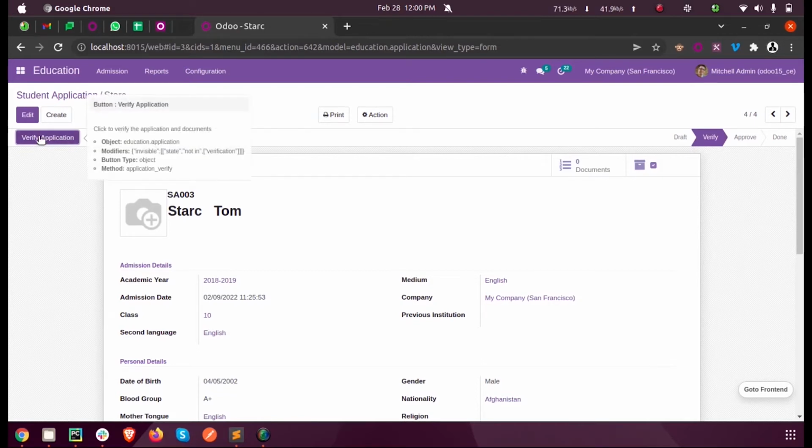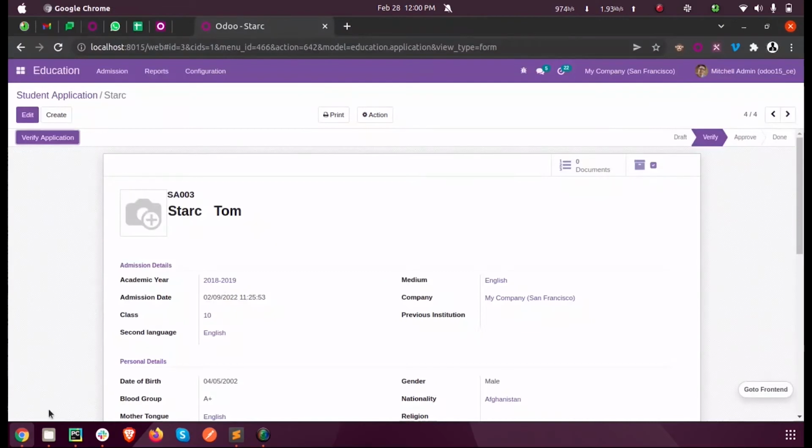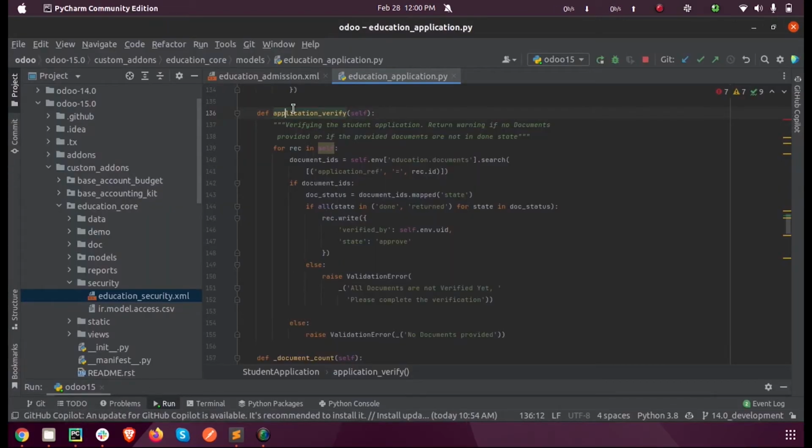So first, let us see the technical name of this button upon mouse hovering this button. Here you can see the name of this function for this specific button is application_verify, the method. So inside my custom module, education application, I have defined that function application_verify,